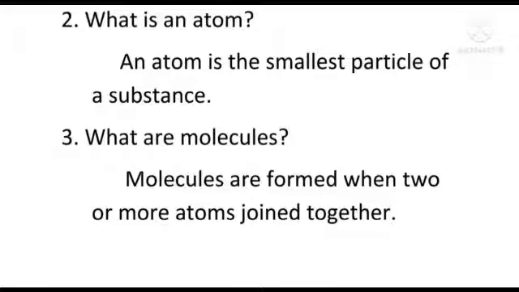Okay, then represent the following using chemical symbols or formulae. The last revision, that is revision part 3, I have given last class. So two atoms of the element neon, a molecule of the element nitrogen, a molecule of the compound carbon dioxide, 3 molecules of the compound water, 4 molecules of the compound magnesium oxide. This and all given. Then 3 more questions, that is what are chemical substances, what is an atom, what are molecules. This also I have given. So all those you want to learn thoroughly.